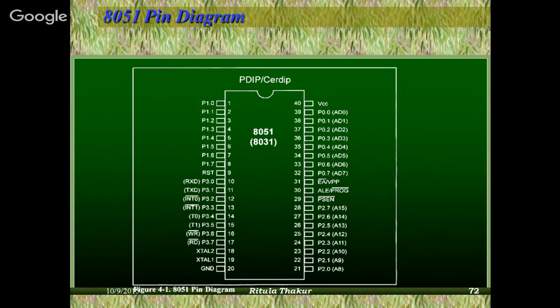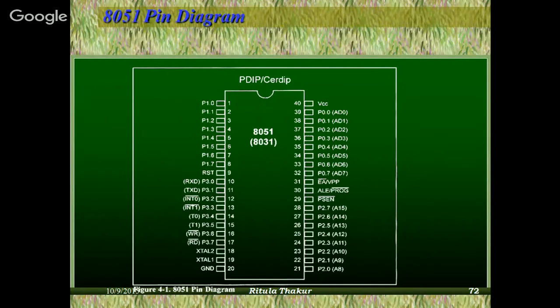But one thing you must keep in mind: now you may ask me that pin number 29 is also used for ground in case of external memory, and pin number 31 is also used for grounding in case of external memory, then what is the difference? The difference you must keep in mind is that you can leave the PSEN unconnected in case you are not